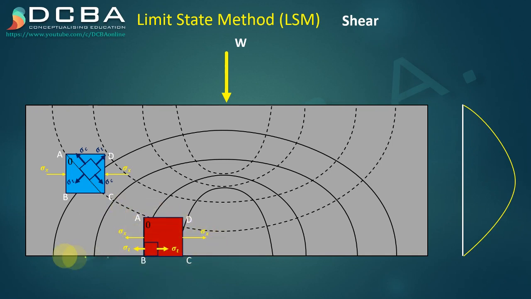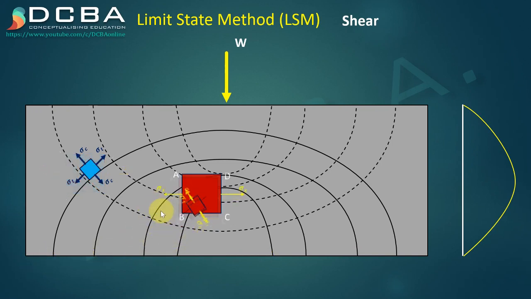ABCD at the tension boundary. Sorry, this should be PQRS. It is at the tension boundary, and the cracks are almost vertical here. You can see, at the boundary we will be having vertical cracks, and then they will propagate like this. So this is the path of propagation of the tensile cracks. And again, these cracks here are only because of the tension stress. There is no compression stress at the boundary.